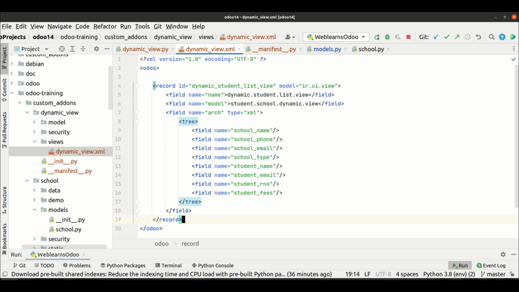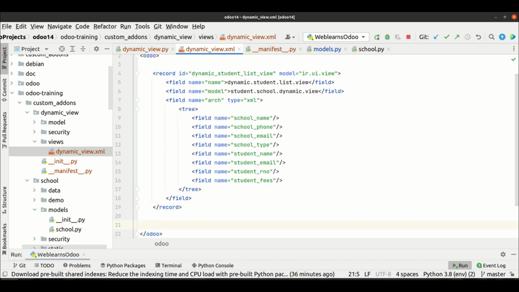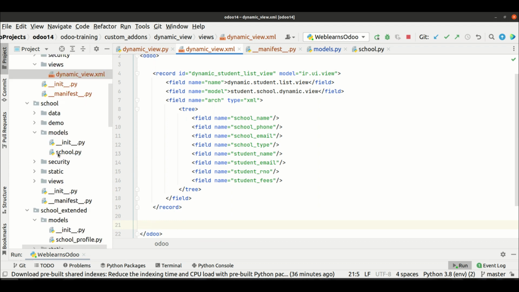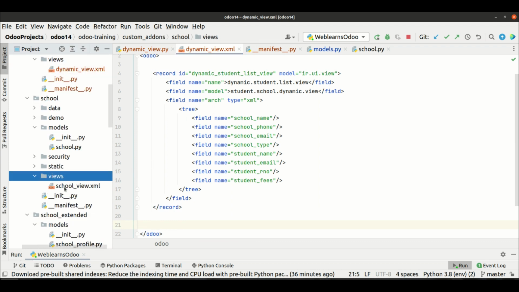So this is our tree view complete, and now I will create a small window